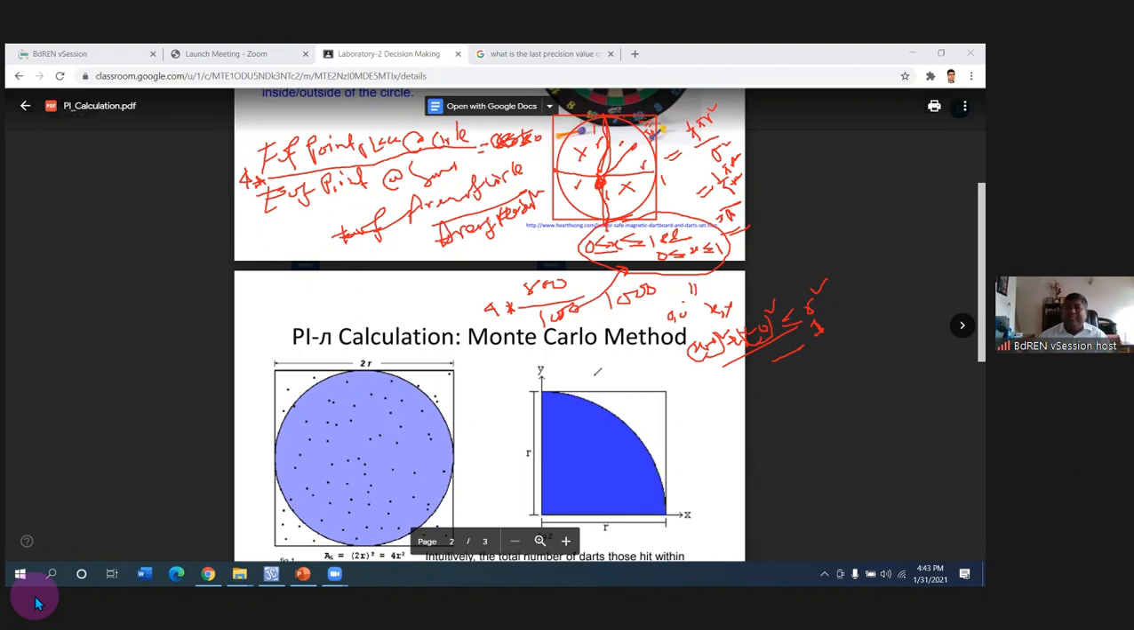Now, why is this algorithm so popular for calculating pi? There are a lot of algorithms for calculating pi, but this one is much more popular. Why? Because, you see, because